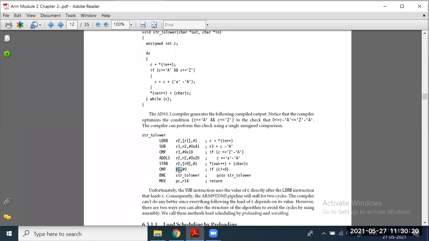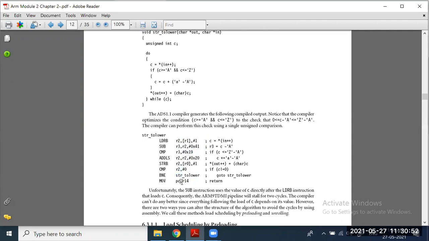ನೆಕ್ಸ್ಟ್ ಏನ್ ಕಂಪೇರ್ ಮಾಡ್ತೀವಿ? Whether the characters are over, means this condition, while, see, whether this is equal to 0. If it is not equal, branch not equal, NE, ಅಂದ್ರೆ R2 0 ಅಲ್ಲ, then once again it should go to this block. ಇಲ್ಲಿ ಬರಬೇಕು, ಮತ್ತೆ ಲೋಡ್ ಆಗುತ್ತೆ, ಮತ್ತೆ ಸಬ್ಟ್ರಾಕ್ಷನ್, ಕಂಪ್ಯಾರಿಸನ್, ಆಡ್, ಸ್ಟೋರ್ ಇನ್ ದ ಮೆಮೊರಿ, ಕಂಪೇರ್, ಮತ್ತೆ ಬ್ರಾಂಚ್.